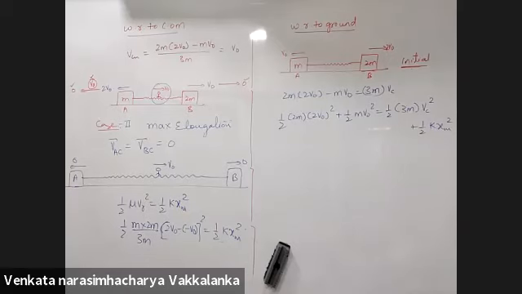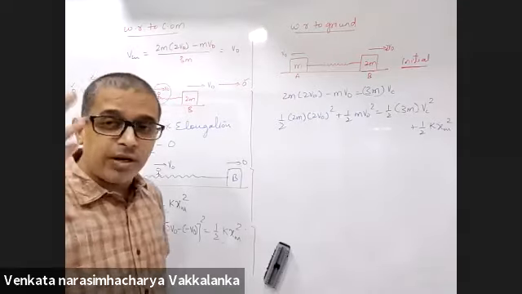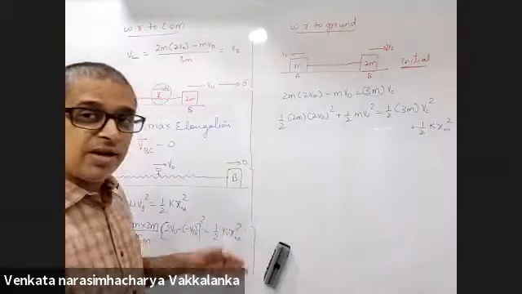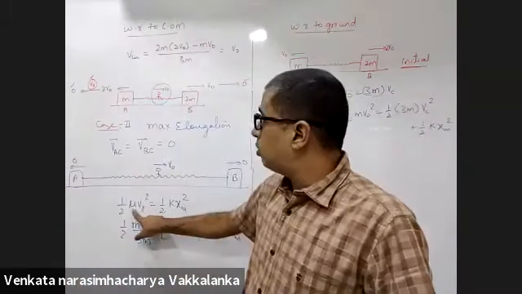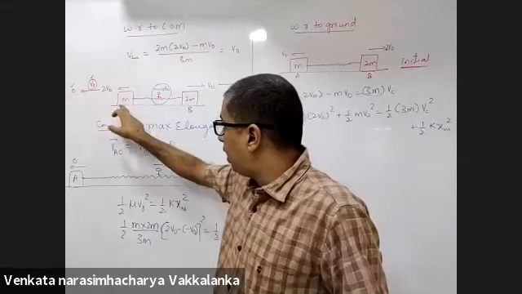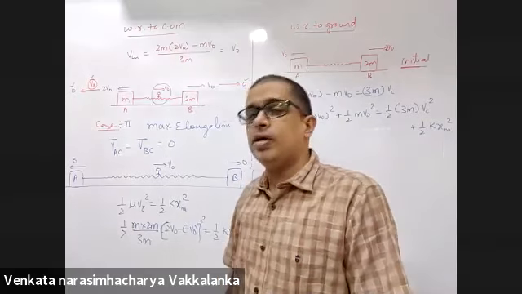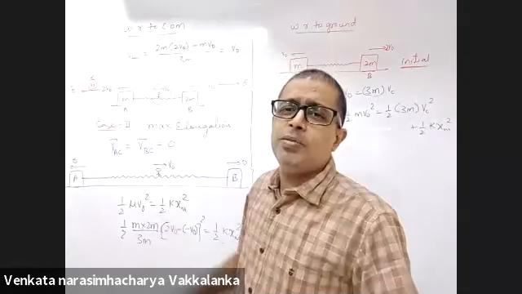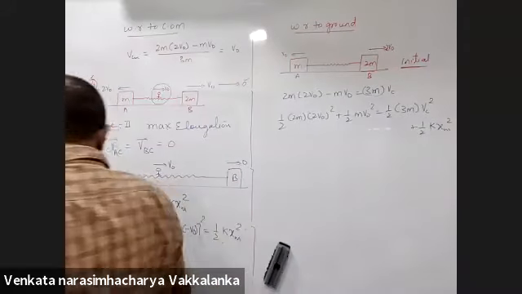There will be at least one student in the class who will not be paying attention. Generally in the live lectures, when I see somebody not paying attention, today none of you people are visible to me. So bach gaye tum log. In the live lectures, when I see somebody is not paying attention, I make him stand and I tell him, mu is the coefficient of friction between A and ground or B and ground. He will think 50% chances. Let me say A and ground. Whole of the class will laugh. Then he will immediately shift it to B and ground. Mu is not coefficient of friction, mu is reduced mass.